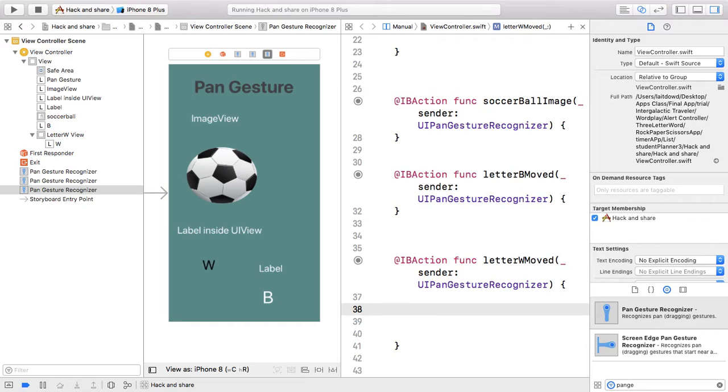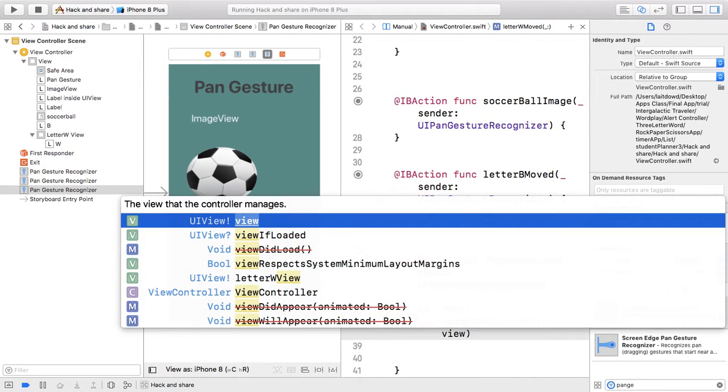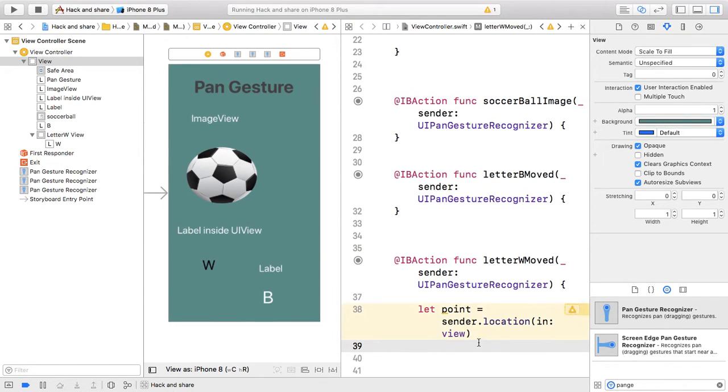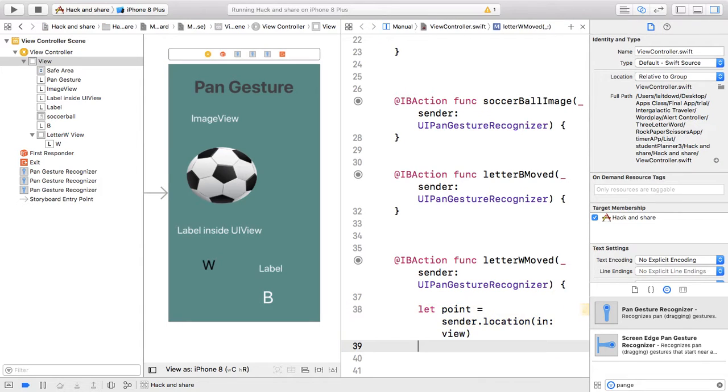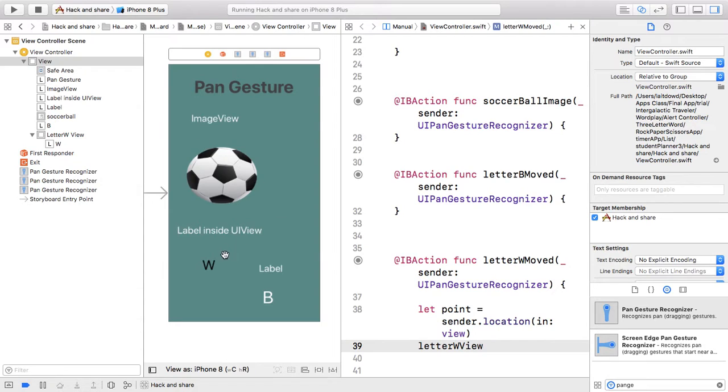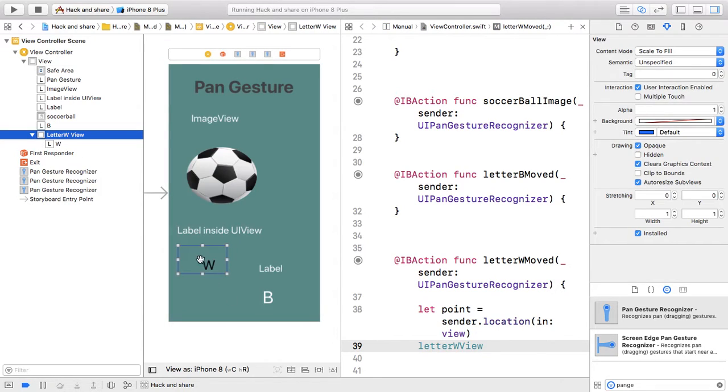So we're going to write let point equals center.location in view, telling it where the UI view's location is in the sense of the whole view controller. And then letter W view, which is what we named this view,